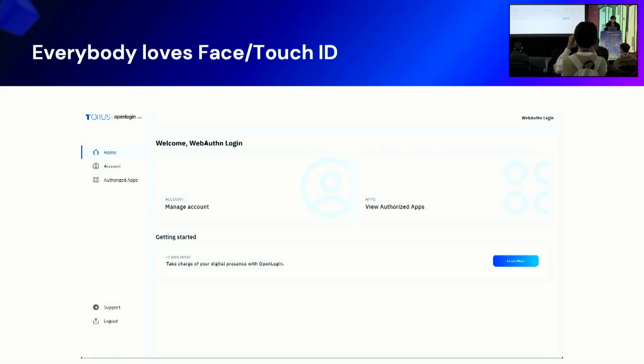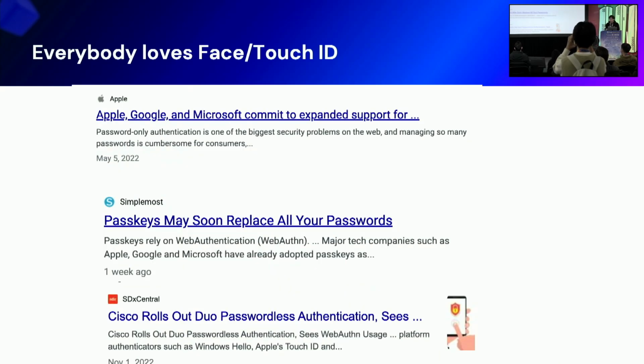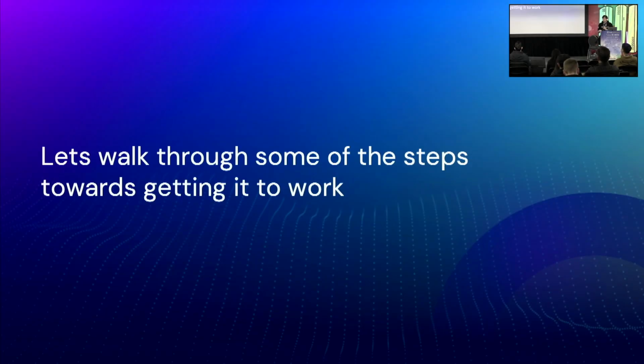behind the scenes. So now, everybody loves Face/Touch ID. And it's not just Web3 folk that like Face/Touch ID. It's also Apple, Google, Microsoft. They're all shifting towards it. Passkeys is part of the WebAuthn standard, which is also Face/Touch ID. Web2 is crazy about it as well. It's not just Web3. So let's walk through some of the steps that we had to take to make account